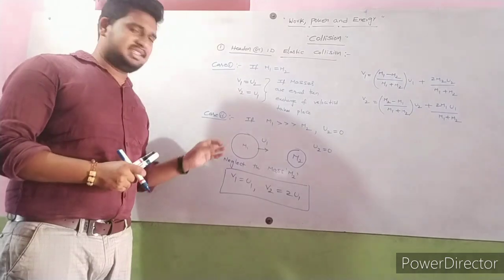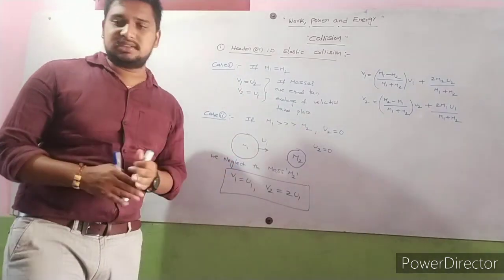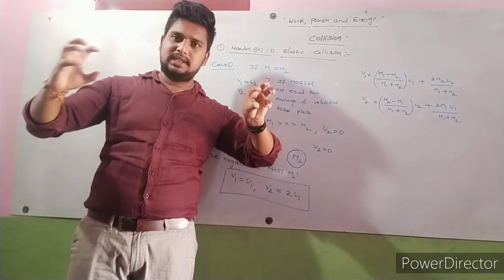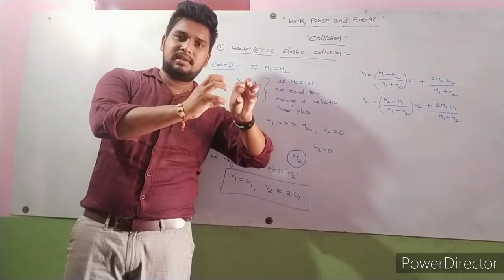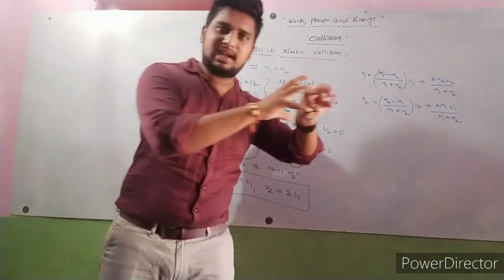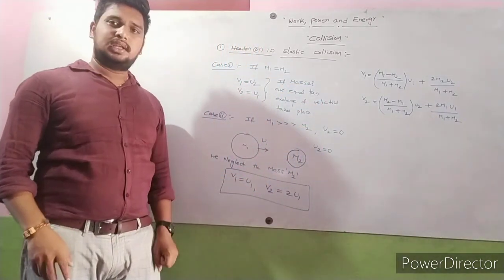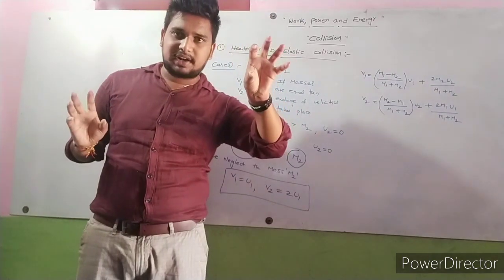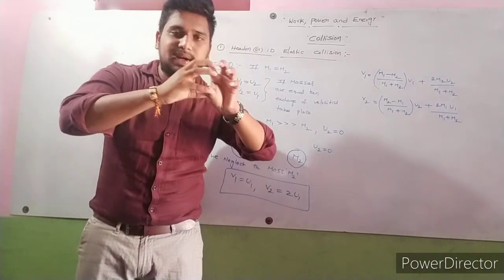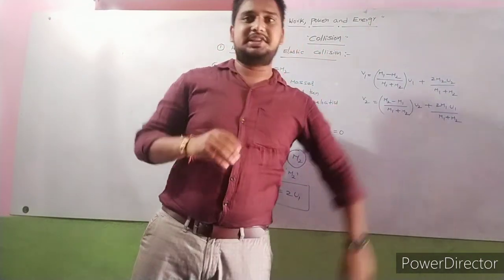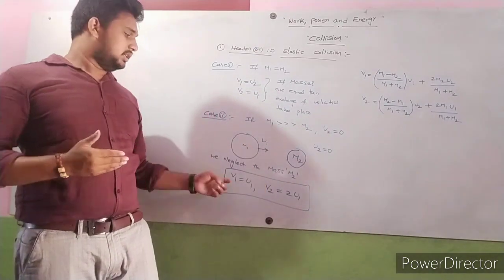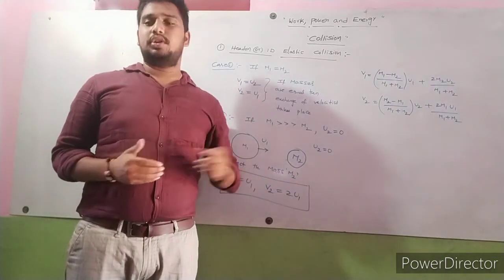In general thinking also we get these conditions, because here, observe carefully, one mass is a bulk mass and one is a small mass particle. When the bulk mass hits the small one, the final velocity of the heavy mass does not change, that's why v1 is equal to u1. Now what about the small particle's final velocity? After the heavy particle hits this very small particle, definitely it moves with double the initial velocity. That's why v2 is equal to 2 into u1.